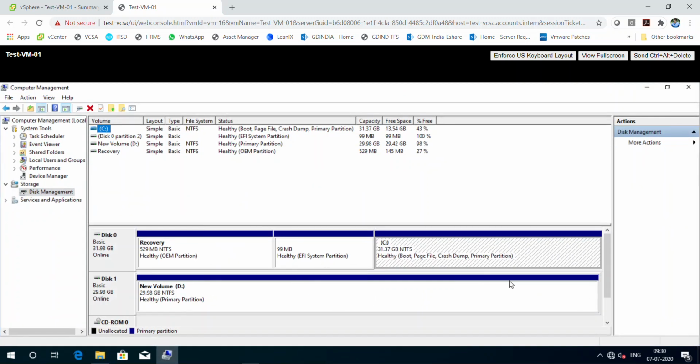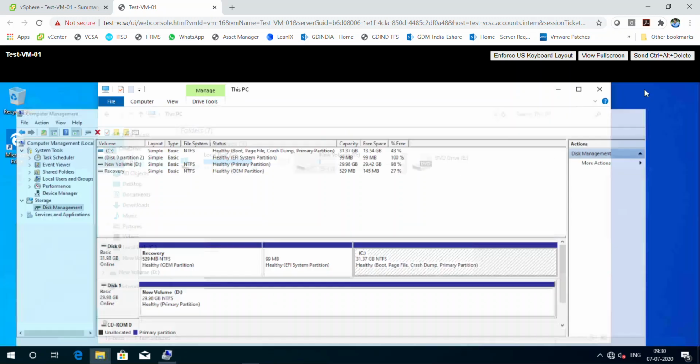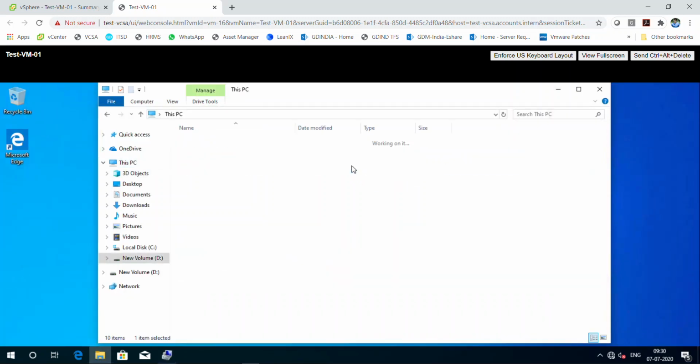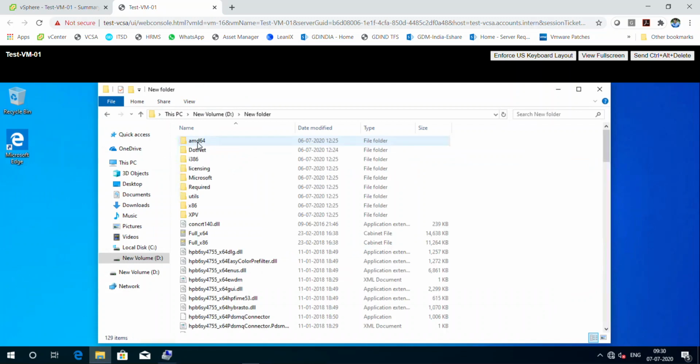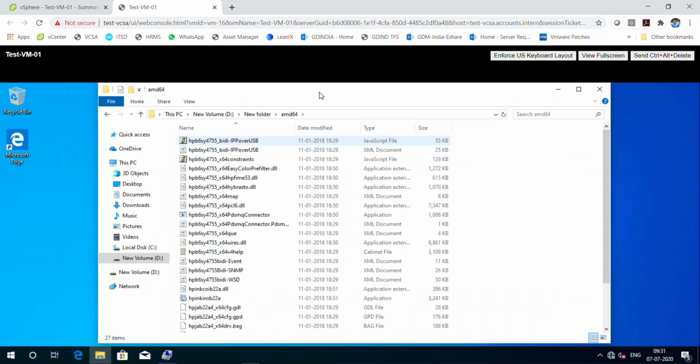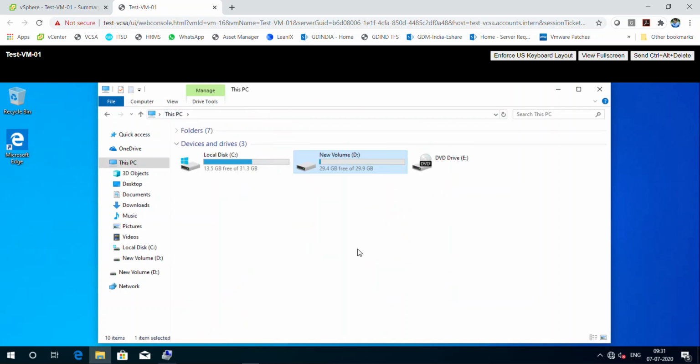Now you can see there is no unallocated space, and the size of the disk is 29.98, which is about 30 GB. So we have successfully shrunk the partition, shrunk the disk, and all the data is there. Nothing bad happened with the data.